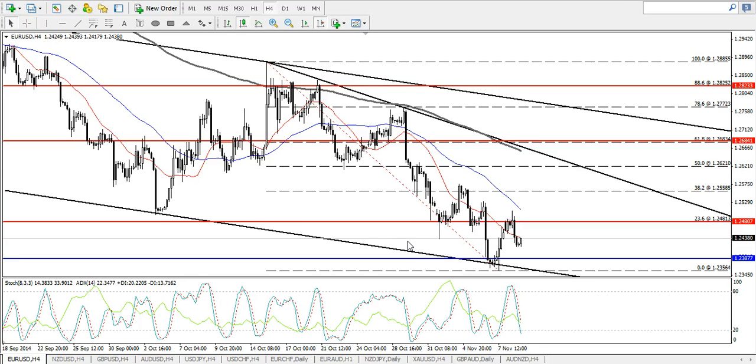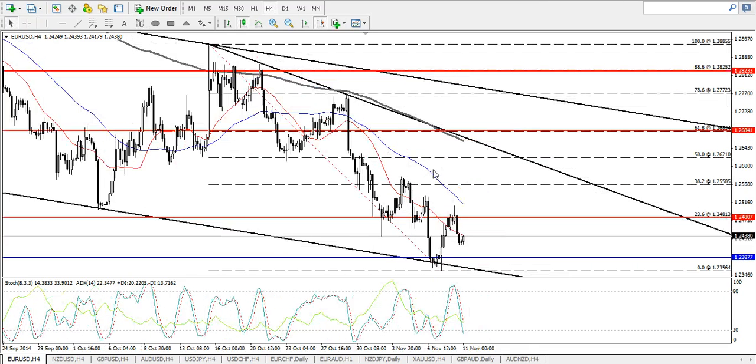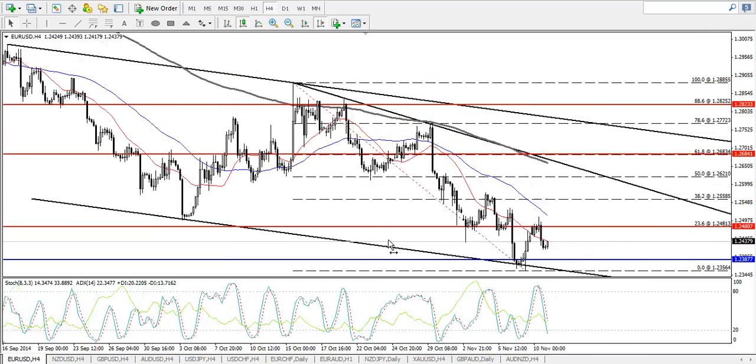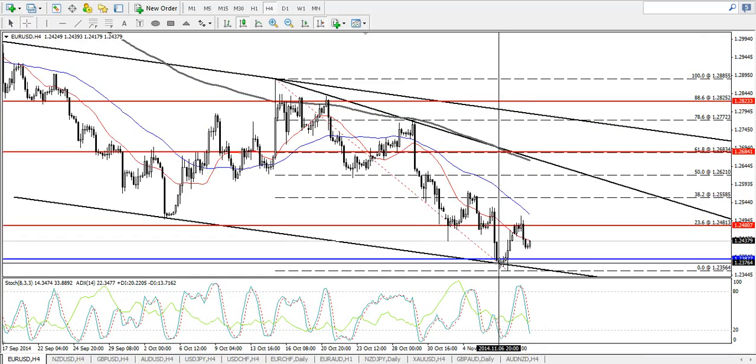So we're going to start off with the euro against the US dollar. Alright, so what happened is that price has fallen a little after it got resisted at the price of 1.2481, the Fibonacci retracement level of 23.6%. However, it seems to lose momentum, and we are seeing the price is about to retrace further from here. Okay, so the thing is that price has touched the bottom of the falling trend channel, and therefore we are expecting price to retrace even further, and